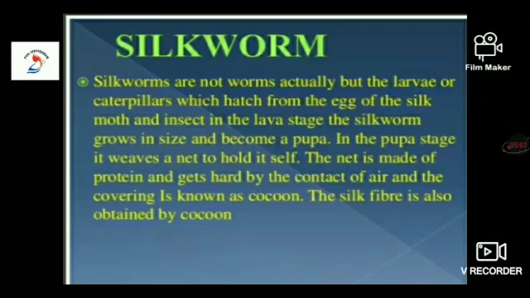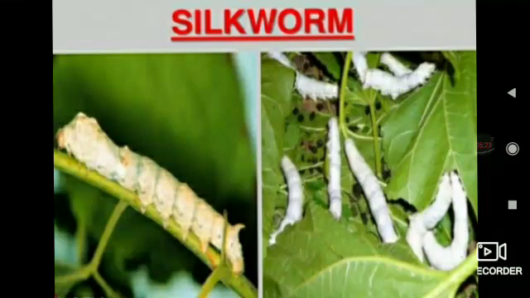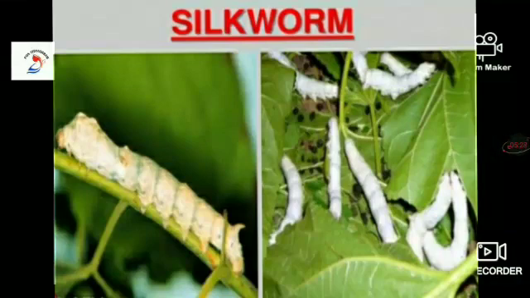The female silk moth lays about 300 to 400 eggs at a time. The eggs hatch and the caterpillars or silkworms emerge. This is called the larval stage. The silkworm feeds on mulberry leaves. The silkworm secretes fine filaments from two glands on its head. The filaments are made up of a protein that hardens to form silk fibers when exposed to air. Different types of silkworm yield different types of silk like tussar, muga and kosa silk.